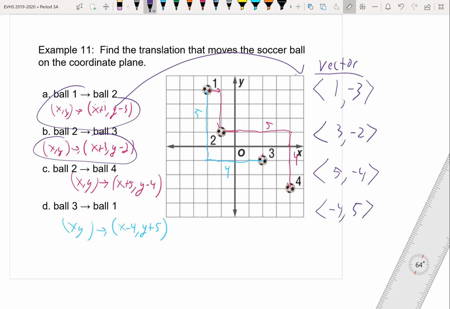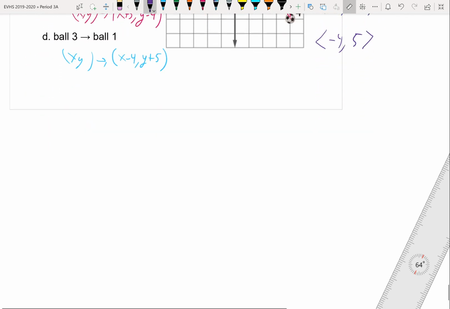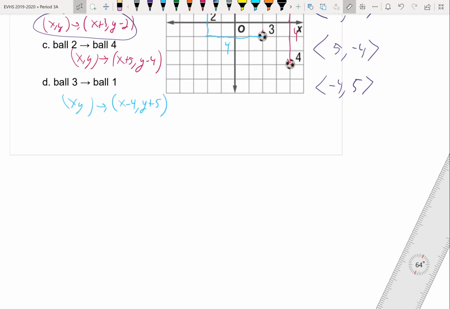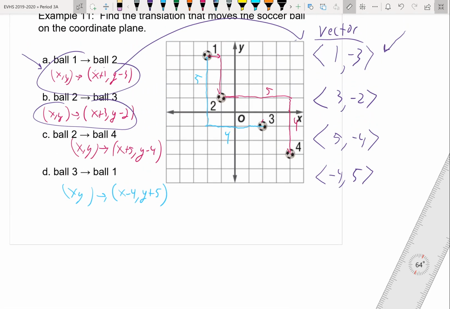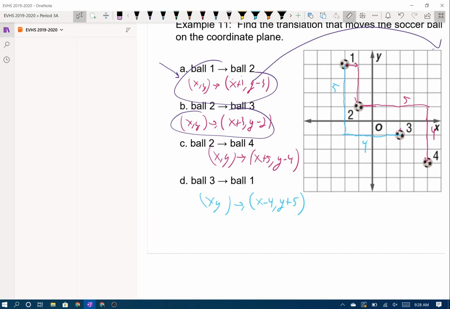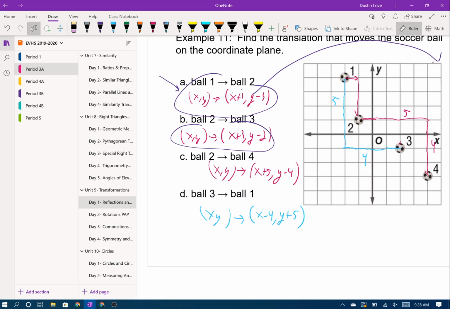Okay? This one is the kind of pure mathematical way of writing it. The vector notation is more the scientific way of writing it. Either way, it works. You'll see me interchange between those as we go further on in the unit. But that's it for now. I hope that was easy enough to swallow. We're going to be moving on with our other transformations later on in the unit